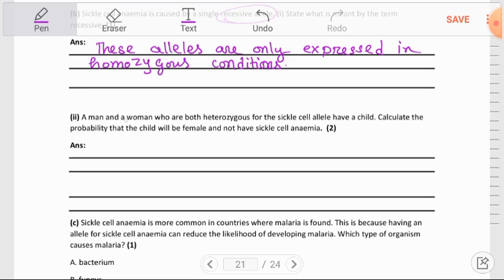Moving to part B2. A man and a woman who are both heterozygous for the sickle cell allele have a child. Calculate the probability that the child will be female and not have sickle cell anemia. So the child has to be female and should not have sickle cell anemia. Let us first find out what their genotypes should be. Let us imagine that the male parent has the genotype with a recessive allele X and a dominant R, and the mother is this. These two alleles are faulty in both parents. Now if we draw a Punnett diagram to find out the probability,